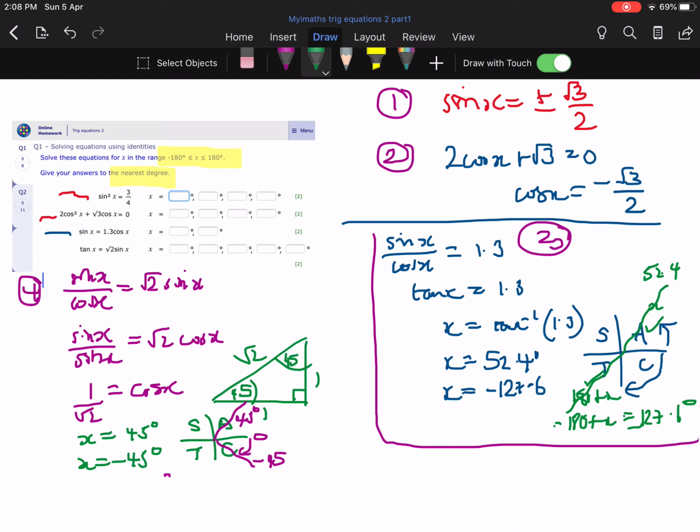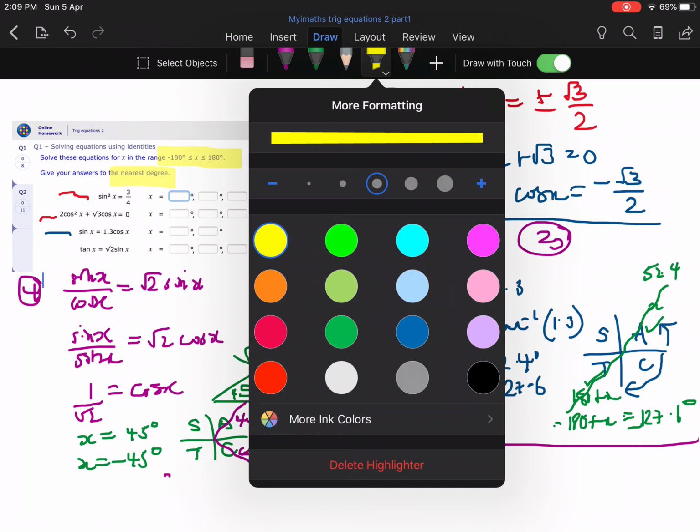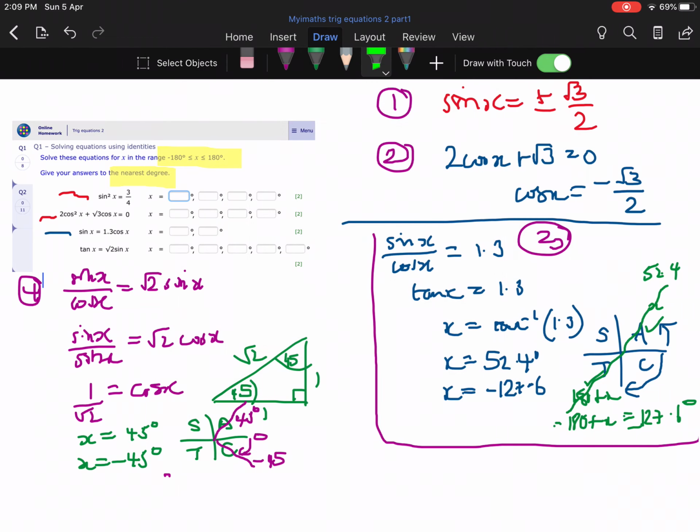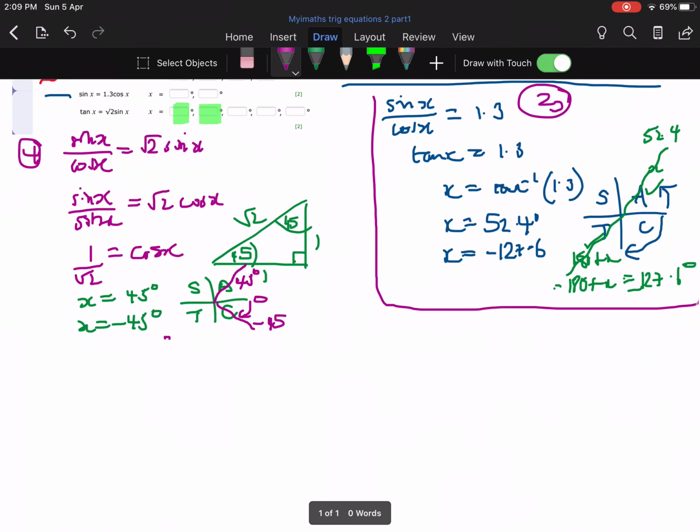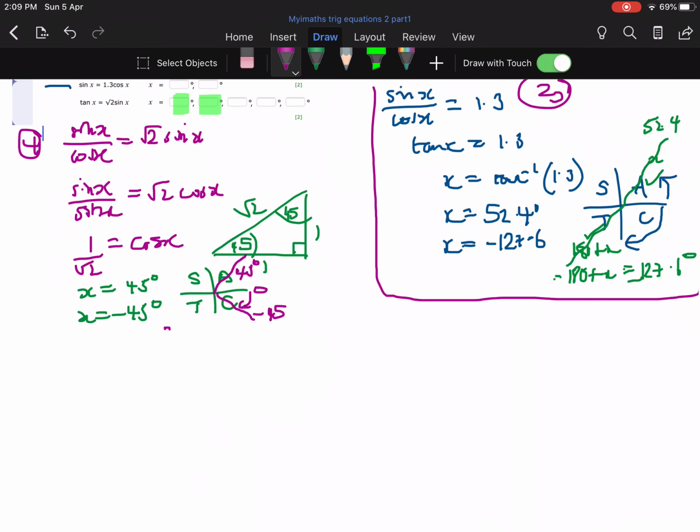Now there's no other way using this trig equation to find the other values. So I found 1, 2, but there's another 3 that I cannot figure out just by doing that. So what I have to do is think a bit more, common sense. So if I look at the question,